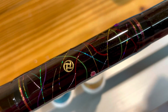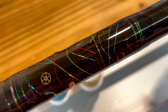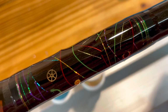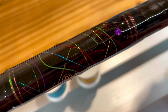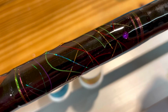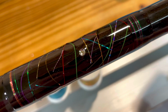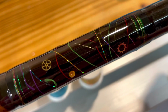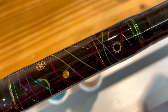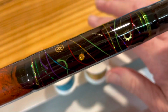Okay, so here it is with some trim bands on it. I did some black with some trim bands in there. It's kind of cool. I mean, it'd make for an interesting rod. The thing about doing this, though, it seems like you probably got to put several coats on there for it to look nice and even. I do kind of like them gears a lot. I might have to come up with some other thing or some other build. But anyway, I want to show you these